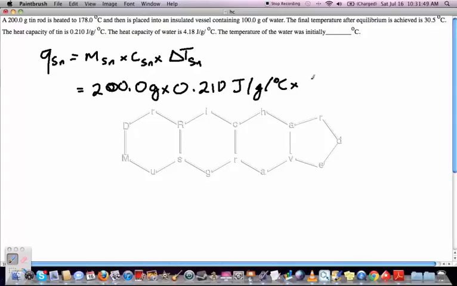Now the change in temperature of the tin is going to be 178 minus 30.5 degrees here, and that's going to be